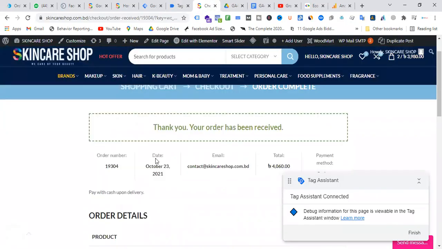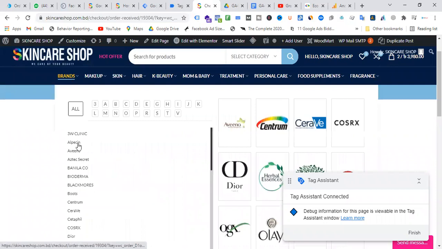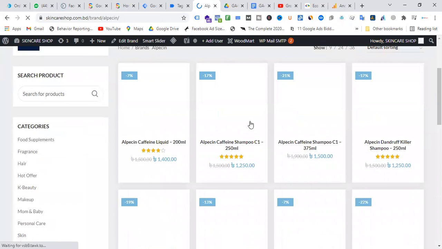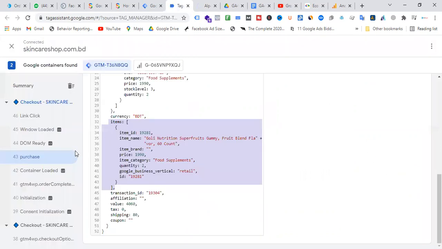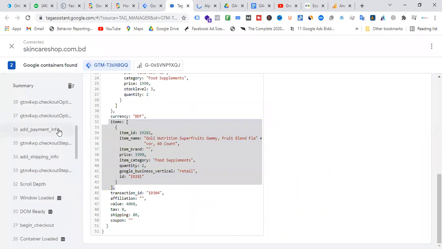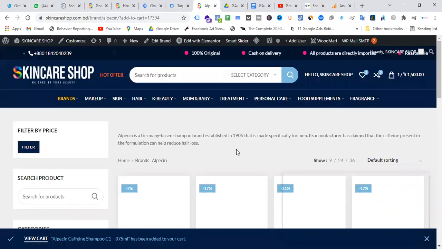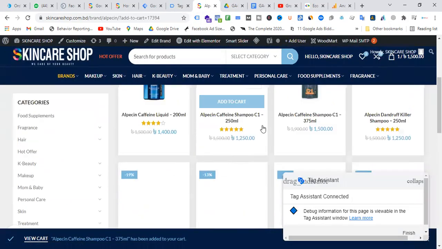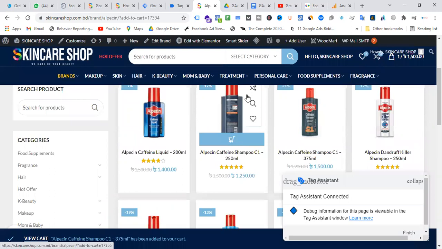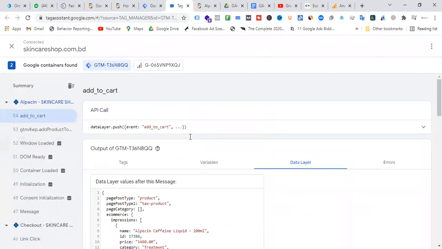Now we have to configure. If we go to any brand and click here, if I select any product and add to cart, the add to cart event also fired.